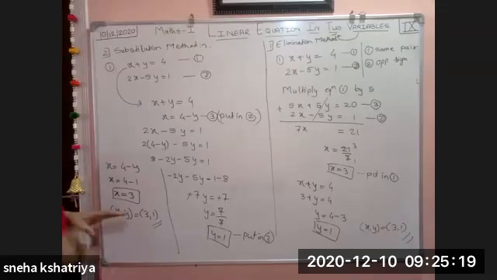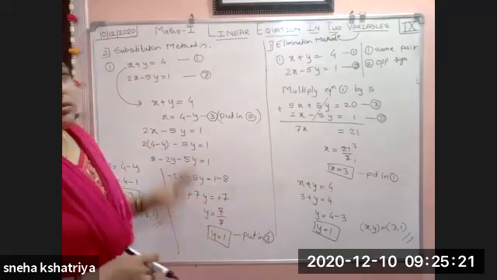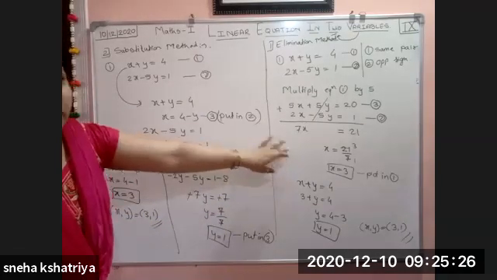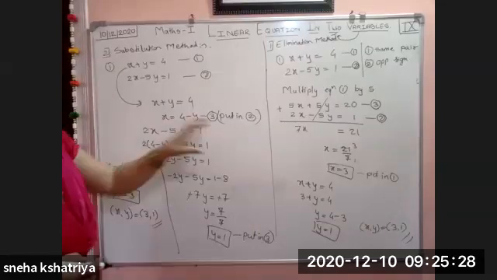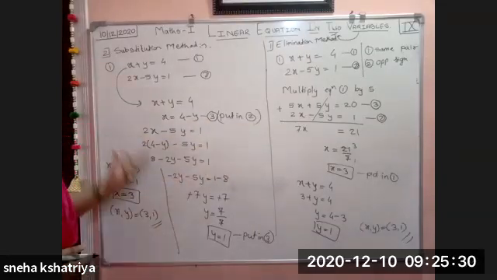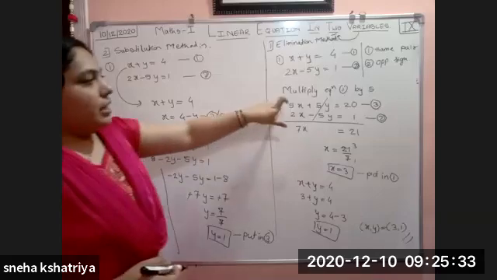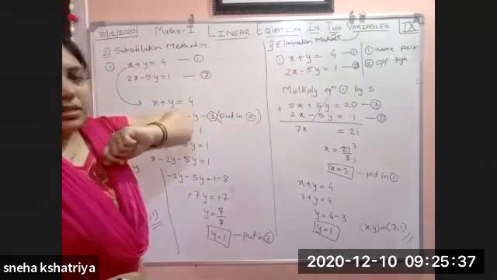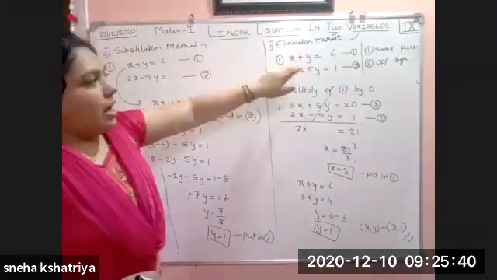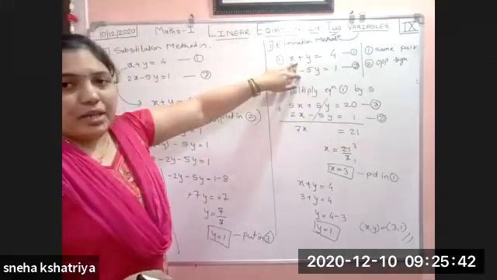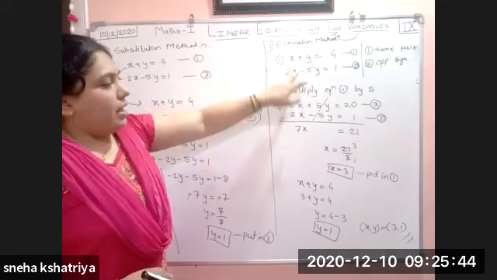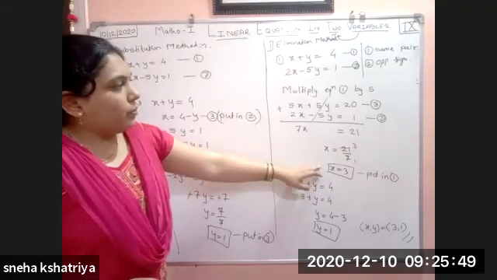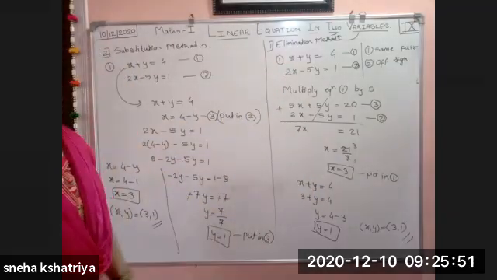Okay. So the thing is, whichever one is easier for you, according to that you have to solve. Both contain full marks. But whichever is easier for you, according to that you have to go. Here in elimination, you have to think about the same pair and opposite sign. Make the same pair. If opposite sign is already present, then make the same pair and eliminate that variable. You get the first variable's value. Put that value in the above equation, you will get the second variable.